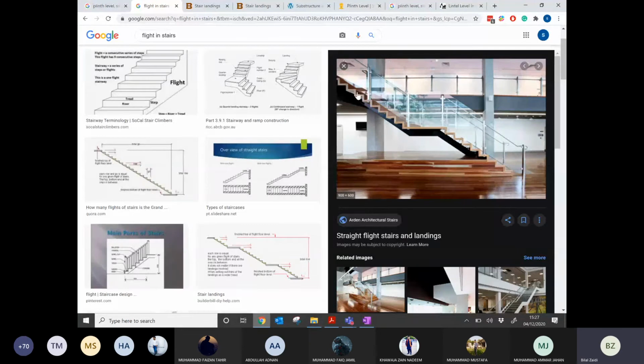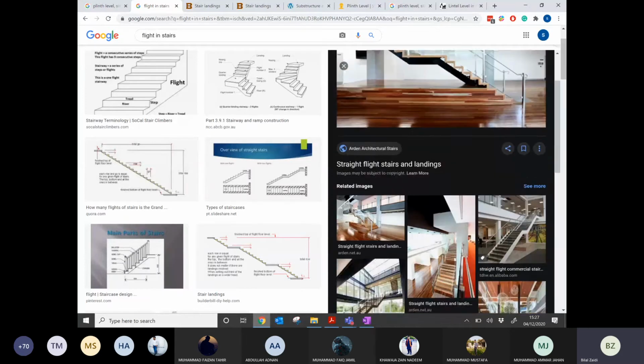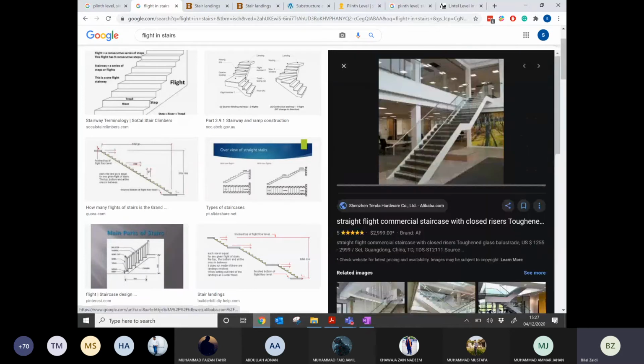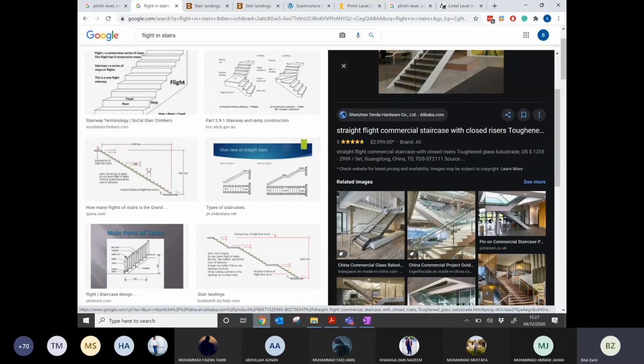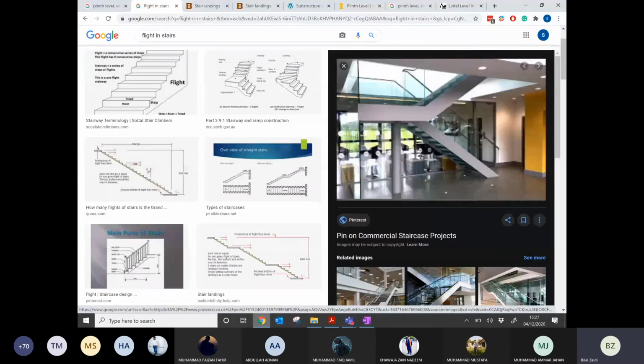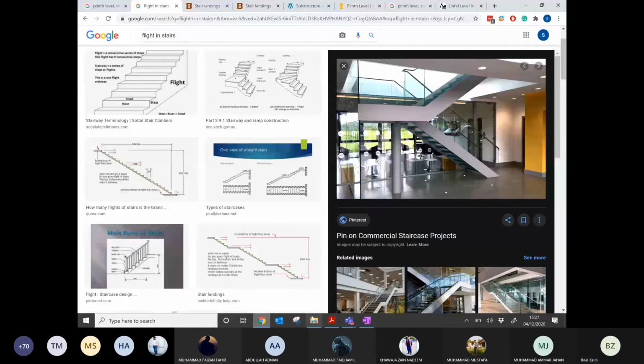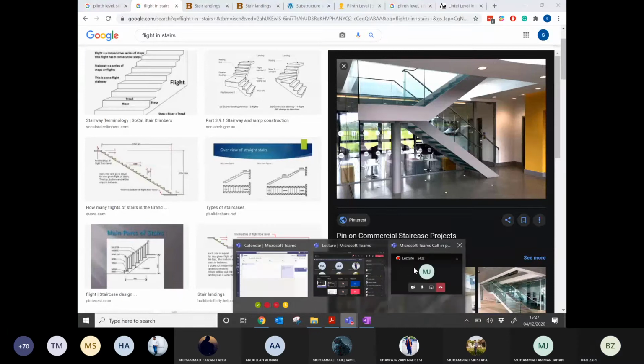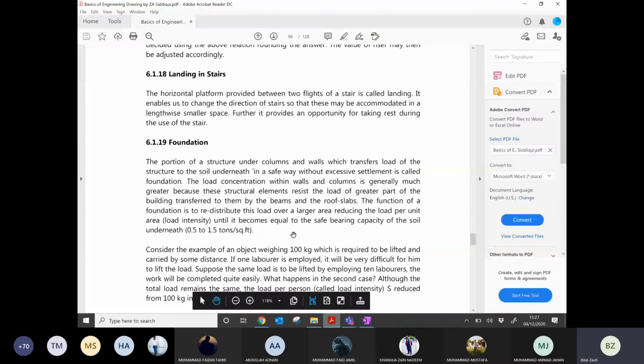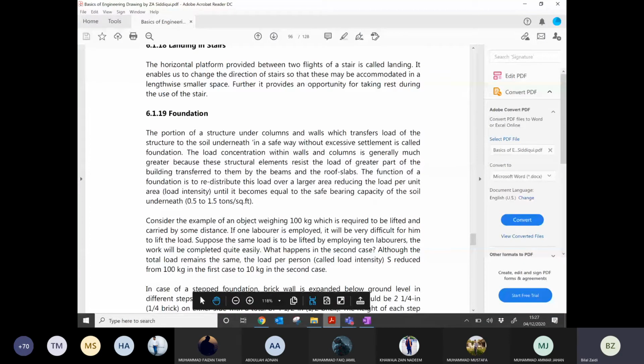Then there will be some steps, and then there will be the floor. Sometimes the landing portion goes up and you turn your direction. There will be a landing in between, and then you will be able to turn your direction here as well. So this was called landing.